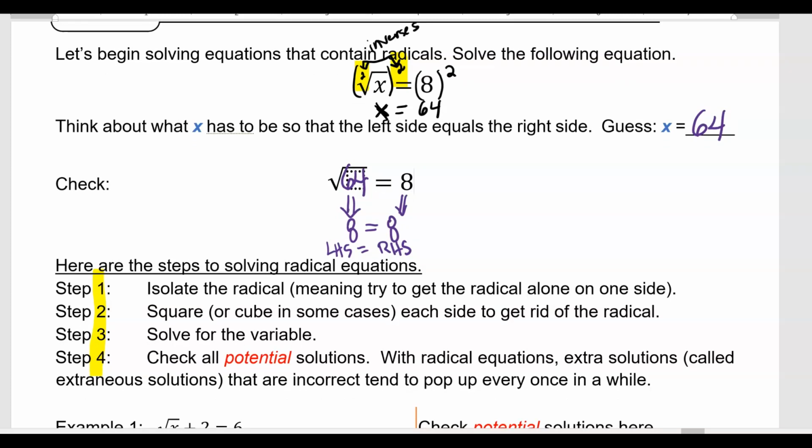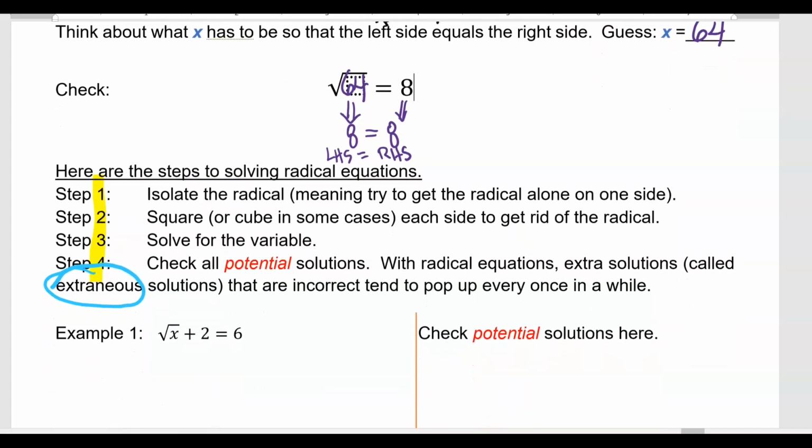But always check the solutions, all of the potential solutions, because some of those solutions are called extraneous solutions, and I wish they wouldn't say they were solutions, but you'll get some results and you have to figure out if those results actually work when you substitute them back into the original problem. Sometimes it doesn't work, and they're called extraneous solutions that we have to eliminate from our solution set. All right, let's